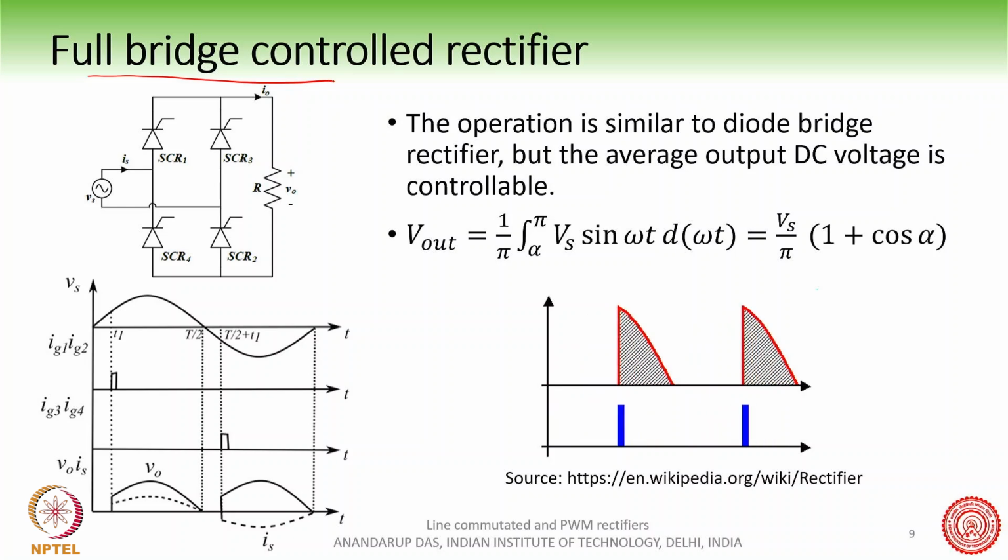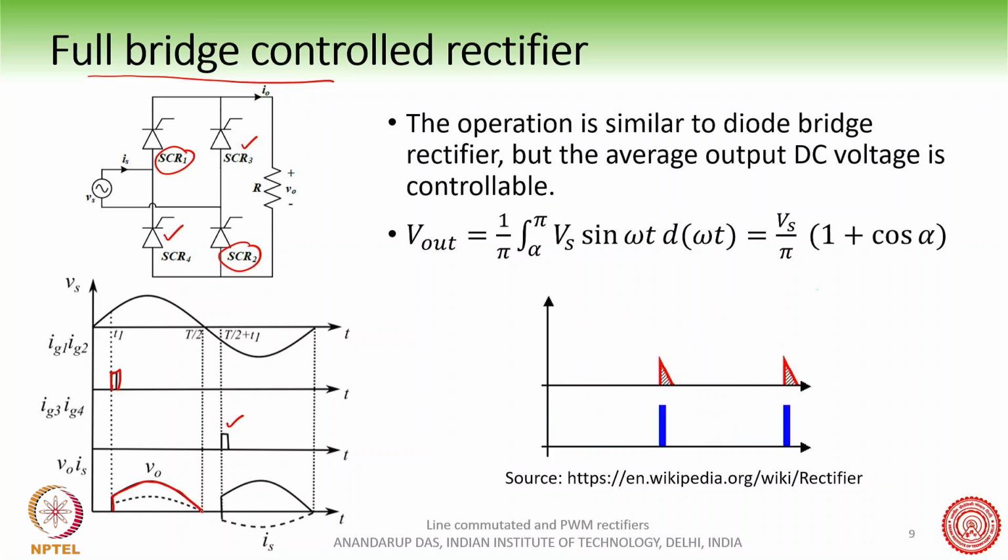Now in the case of the full bridge, exactly like a diode bridge rectifier, which we have studied, a pair of thyristors will be conducting. For example, this and this will conduct. Suppose you give a pulse like 1 and 2 here, and 3 and 4 pulse on the negative half of the AC cycle. Now we will get this voltage output here.